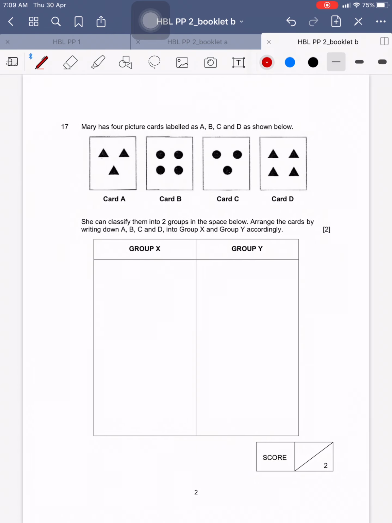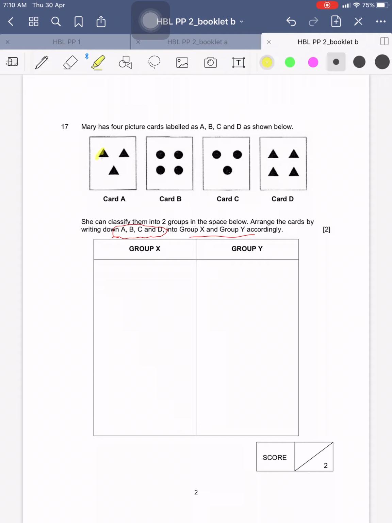Okay, next question, number 17. Mary has 4 picture cards labeled as A, B, C, and D as shown below. Now she can classify them into 2 groups in the space below. Now arrange the cards by writing down A, B, C, and D into group X and Y accordingly. Now looking at the cards,